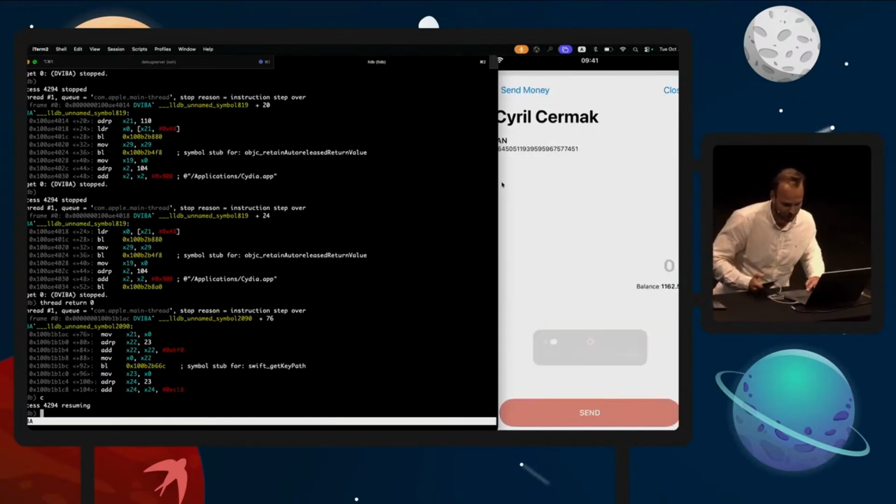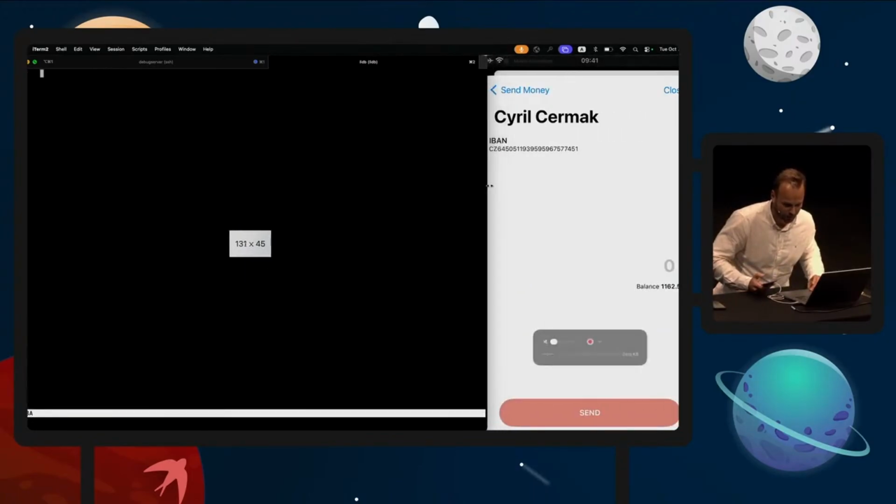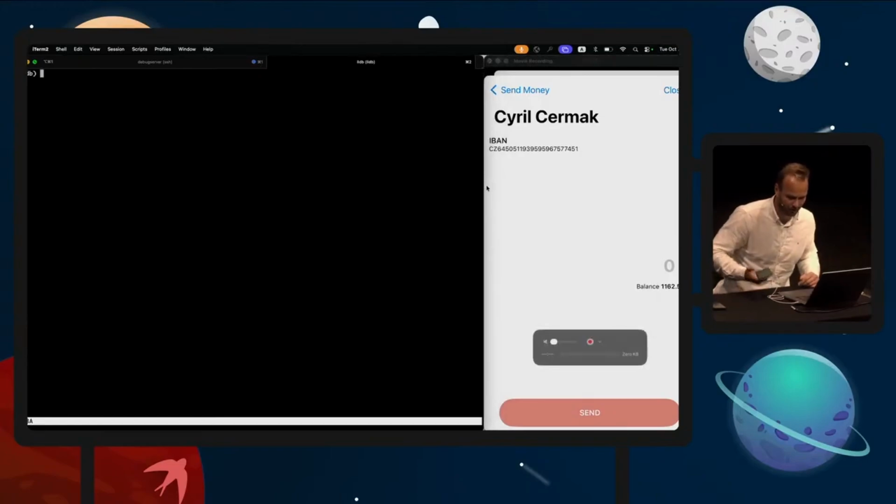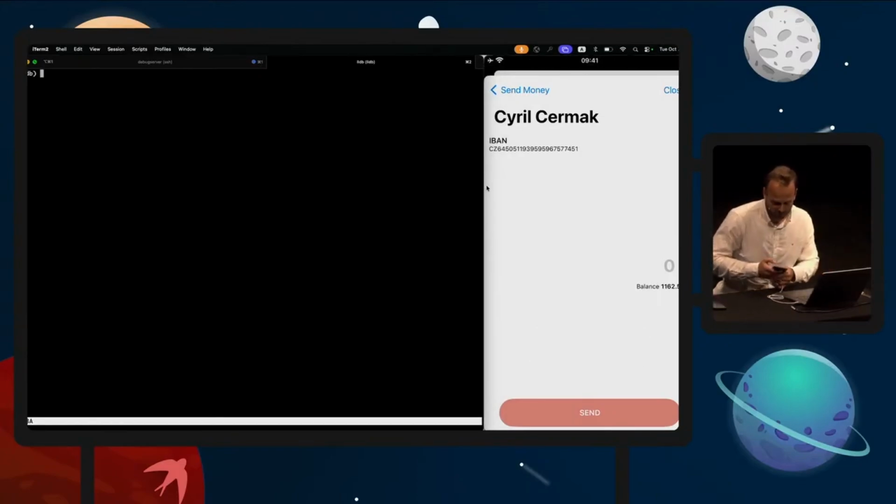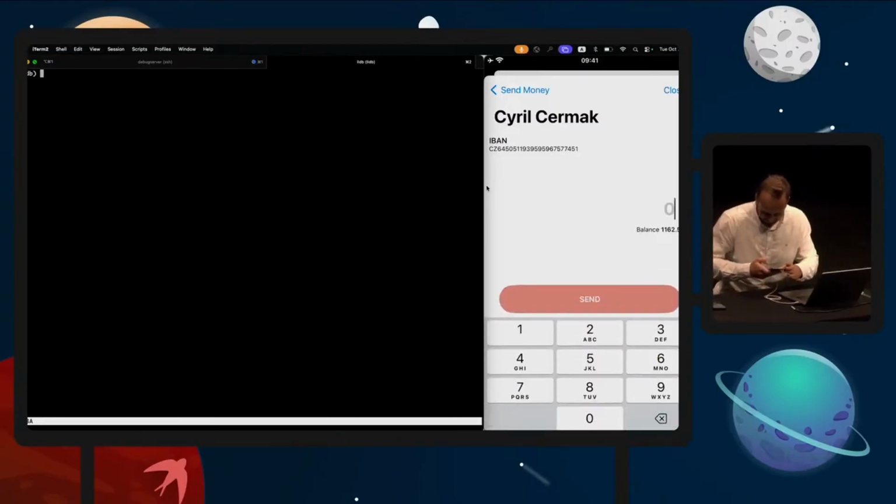So essentially, by hooking into the runtime, I was able to bypass the whole jailbreak detection check, and was able to get into the view. I'm already in the red time, but this will take me just 1 or 2 more. Or let's send 1,000.